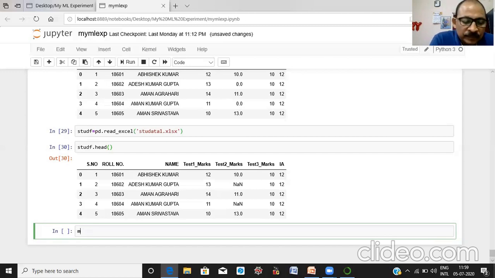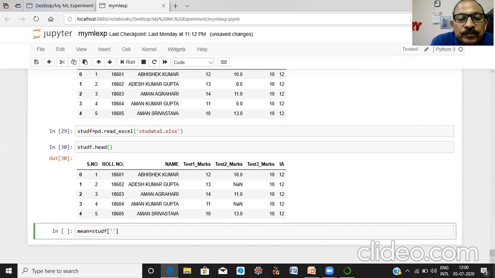Okay, suppose we have to compute the mean of a column or mean of rows. It depends on our aim. So here we have to compute the mean. How will we compute the mean? The variable is the mean, data frame name, and you have to specify the column names.